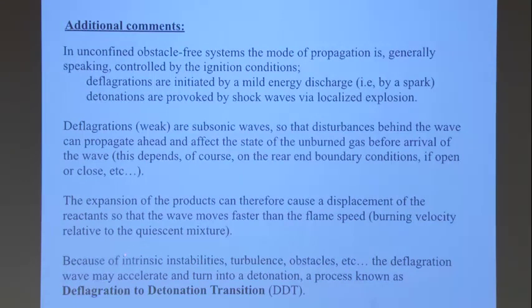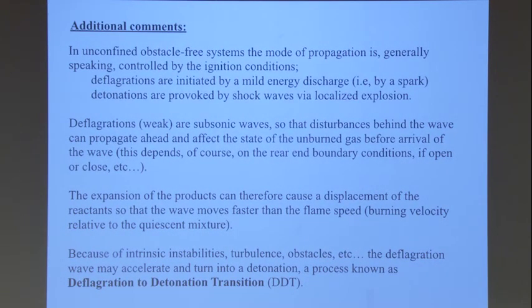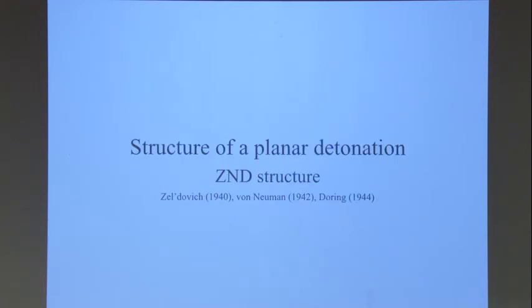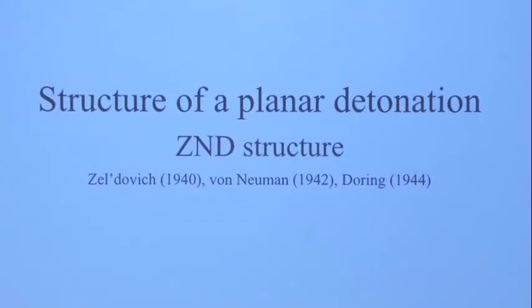And finally, you can start with a flame or with a deflagration, and due to various instabilities, turbulence, obstacles, and so on, the flame or the deflagration can accelerate sufficiently and develop into a detonation, something which is known as DDT, or deflagration to detonation transition. It's a very hot topic of research, and I will not discuss much of that. Okay. So I want to briefly, and I'm probably going to make this shorter than I had planned to,